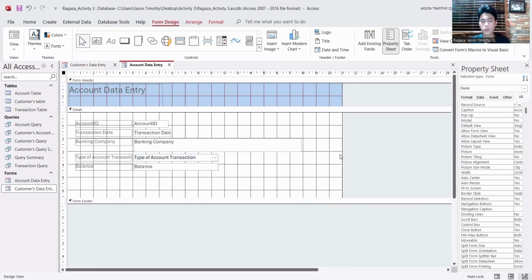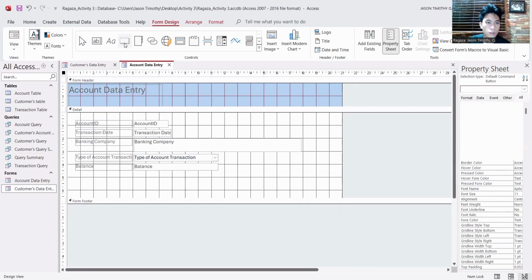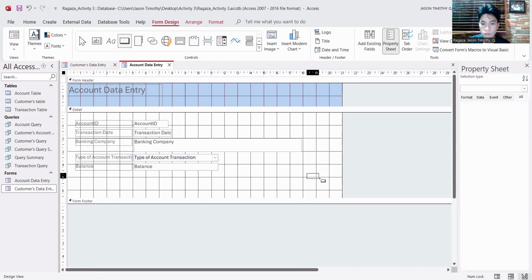So this time we can add more options in the directional button. We can add a previous or next or even last to first page of the customer's record. So first we're going to head over to the button and add first the next and the previous button.